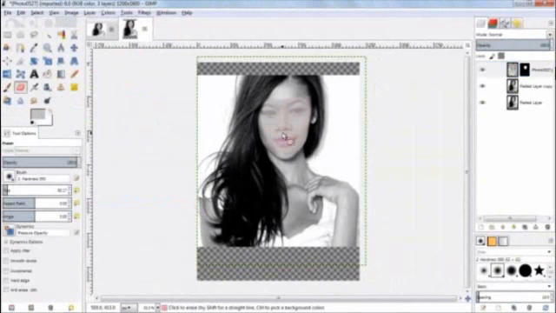Select the pictures again and select the eraser tool and start erasing again. Make sure that as you erase, the two colors will be even.